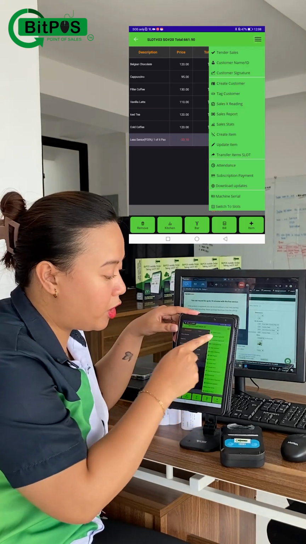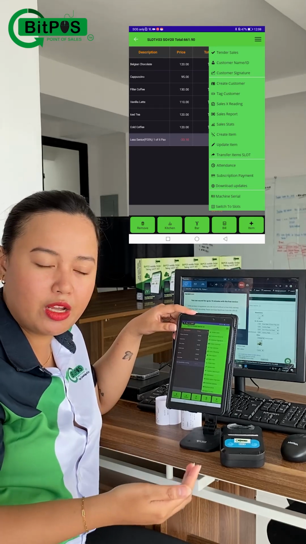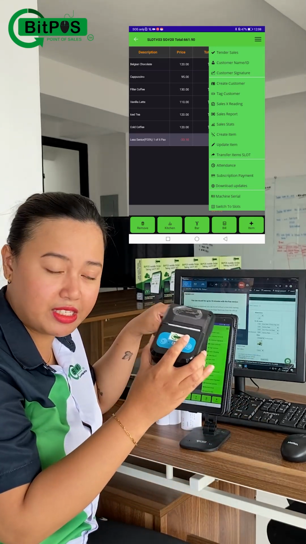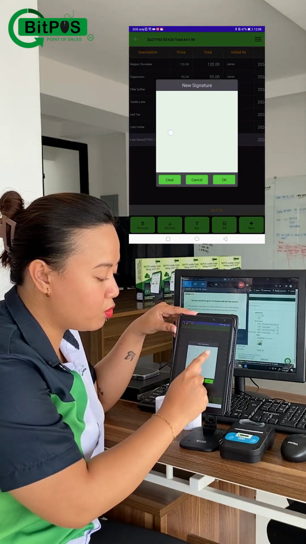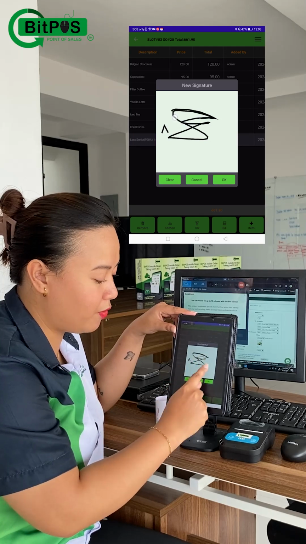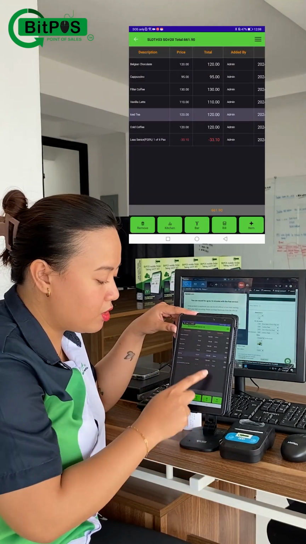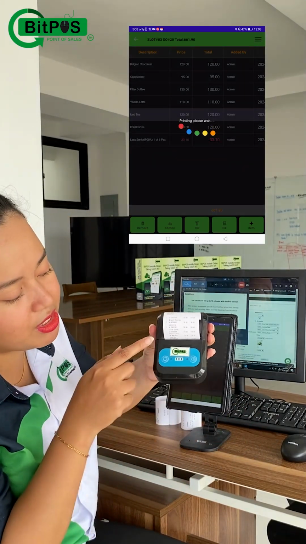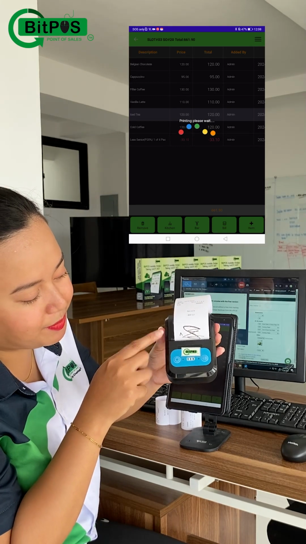You also have an option to record the customer name. This is optional. You don't need to do this, but it's really nice to have since it can be printed out here in the receipt. Or you can also get their customer signature, and this gets printed out in the bill out if you also want to have their signature as well. So we can add that. Say for example, if I'm going to print a sample bill out with the customer signature, this is what it looks like.